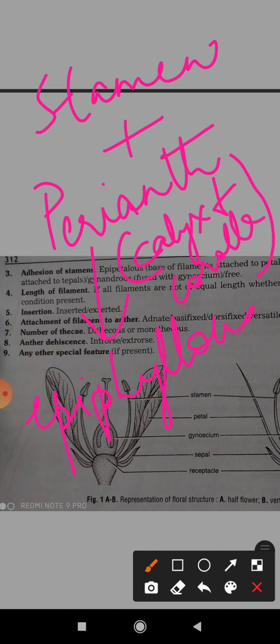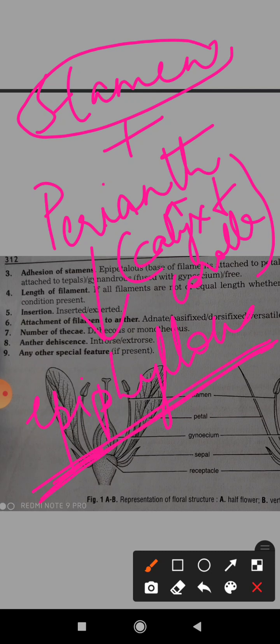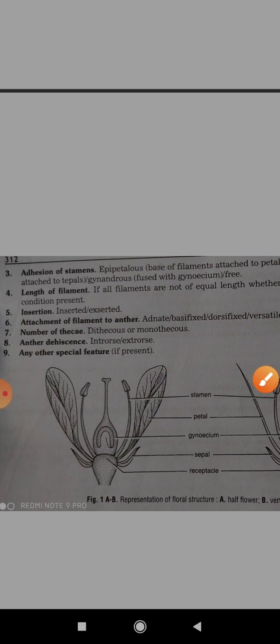Sepals and petals, when they are fused, they are called perianth, right? So what is epiphyllous? If the base of the filament of the stamen is fused to the perianth, then we use the term epiphyllous for that, right? Now you have to remember the two terms. Epipetalous is when the stamen is fused to the petal, and epiphyllous when the stamen is fused to the perianth,